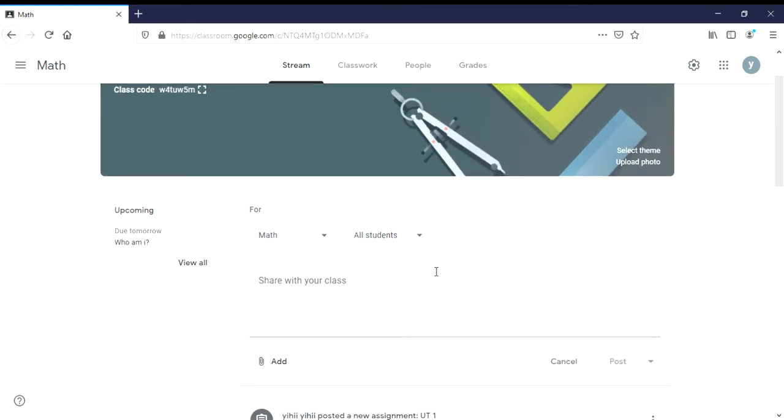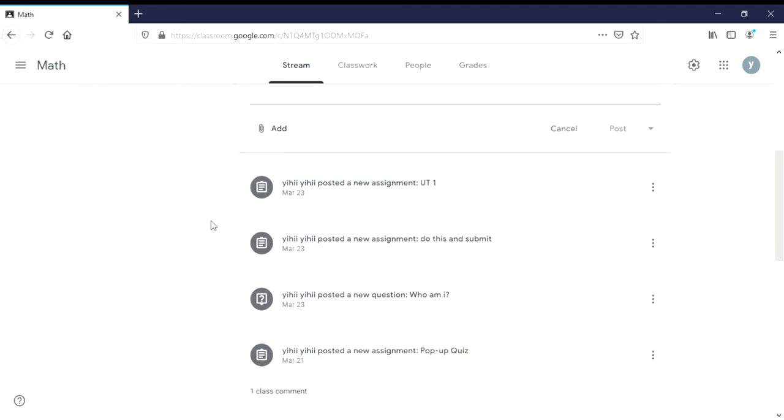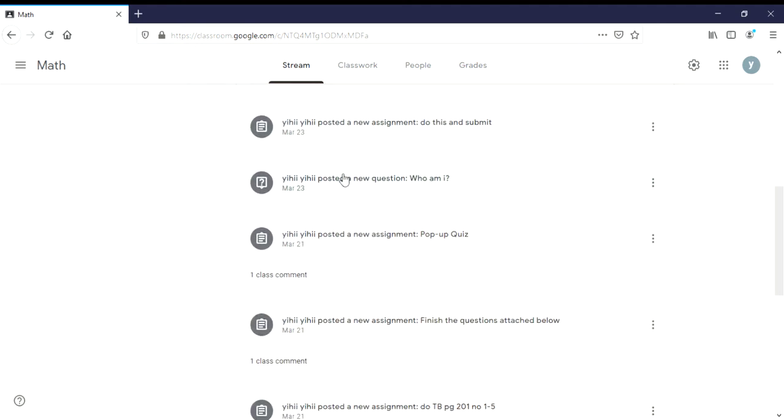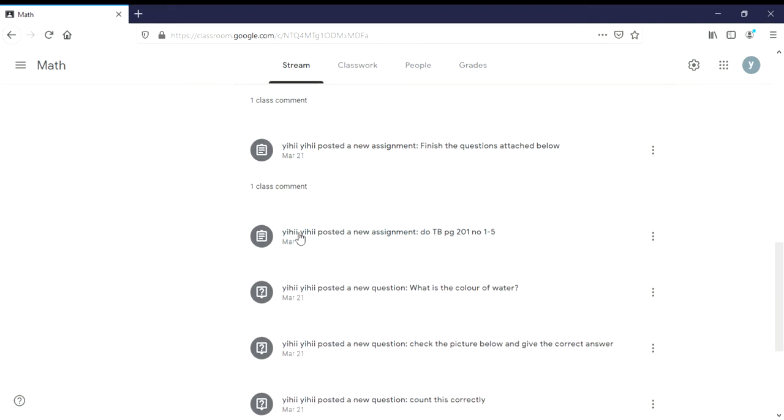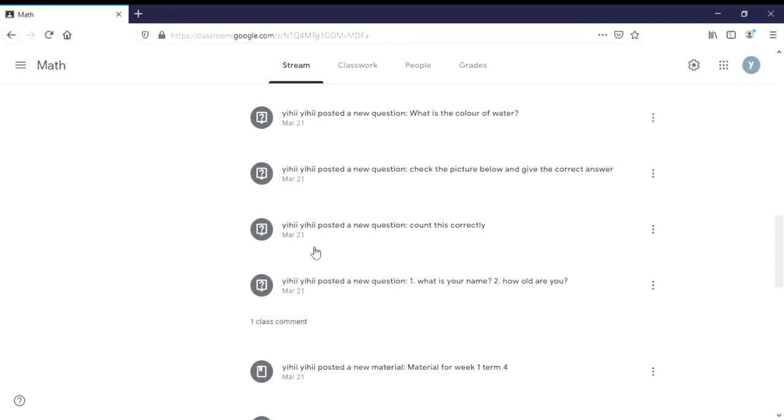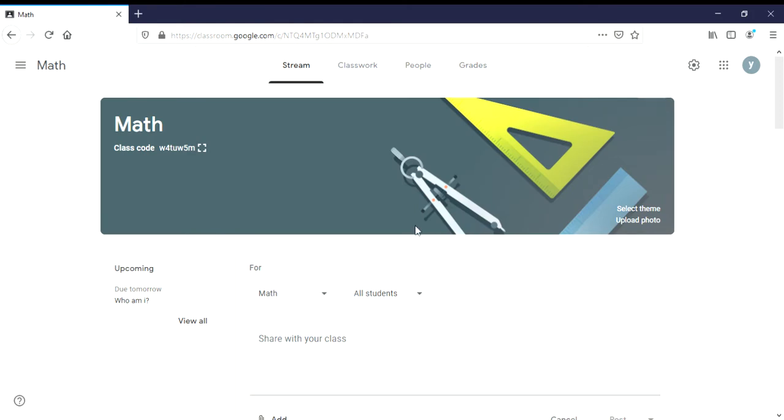And then you can allow your students to give comments so that you can open discussion here in this stream part. When you assign something to your students, as you can see here, I have assigned many stuff for my students. Some of them have comments, some of them not, only for the purpose of this guide.